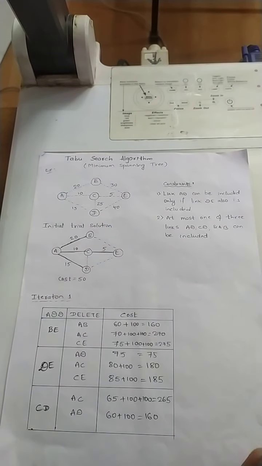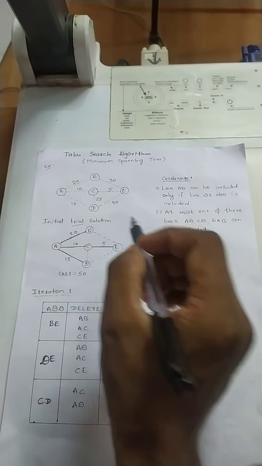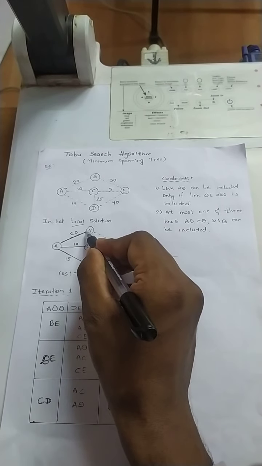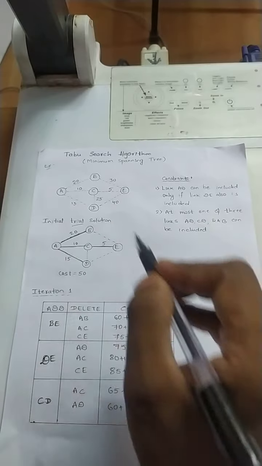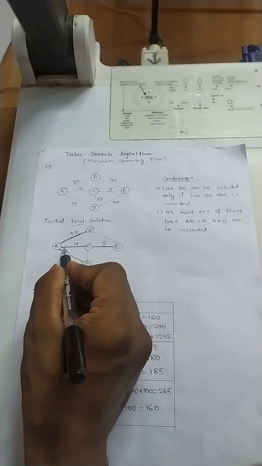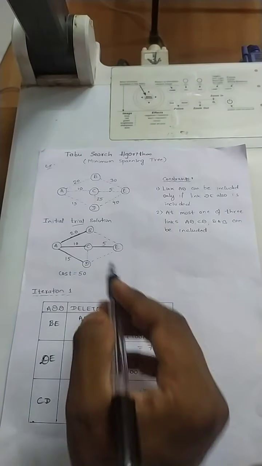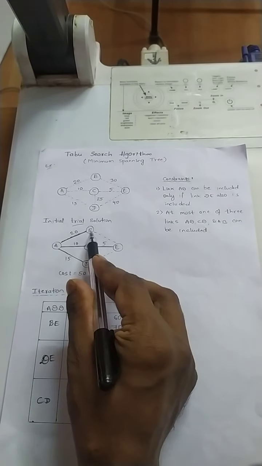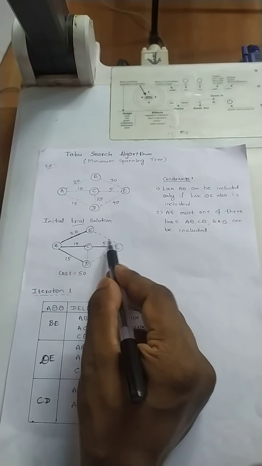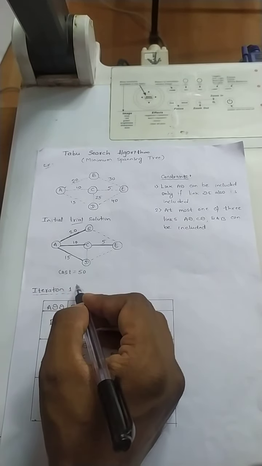Now let us see how to do this by using the tabu search algorithm. Initially I will take one trial solution. I will consider A to B. This continuous line indicates that this edge is considered in our solution. A to B I am considering. Then I will reach C from A through A to C. Then A to D, yes, A to D I can reach. Then to reach E I can use either B, C or D, but I am randomly using C. So C to E, weight is 5. Now the total weight, the cost, will be 50.